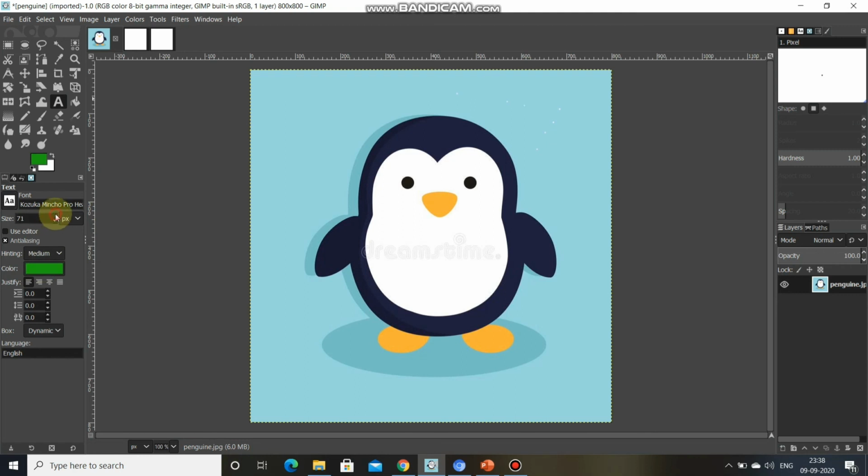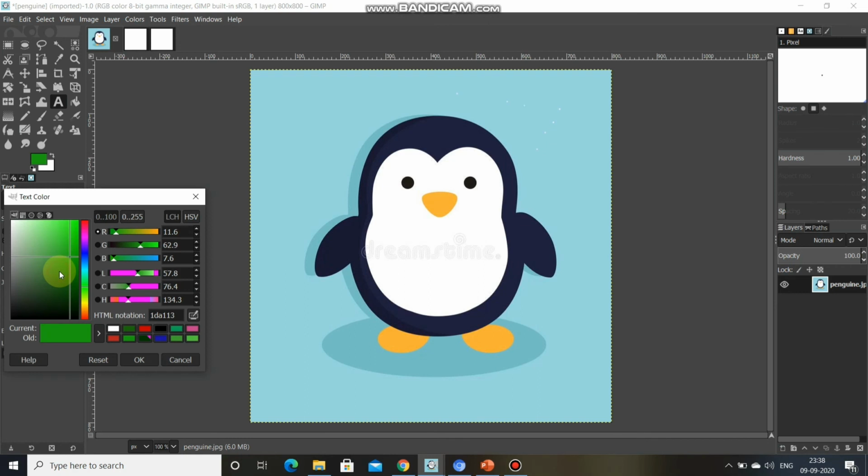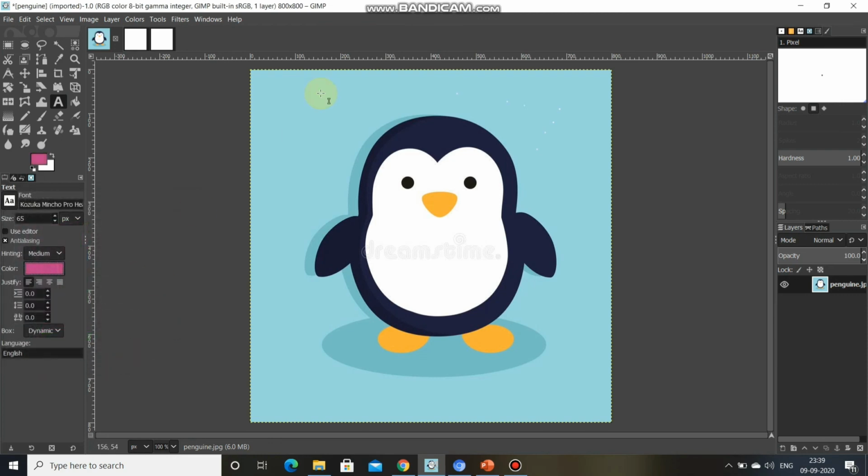Size we can increase and decrease from here. I want now 65 size, okay, in pixels only. Dynamic, color I want purple, okay. I have clicked.